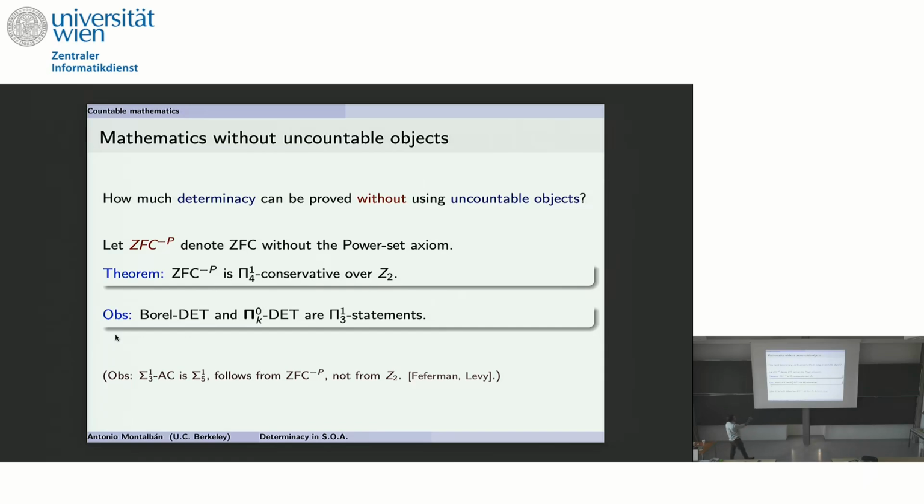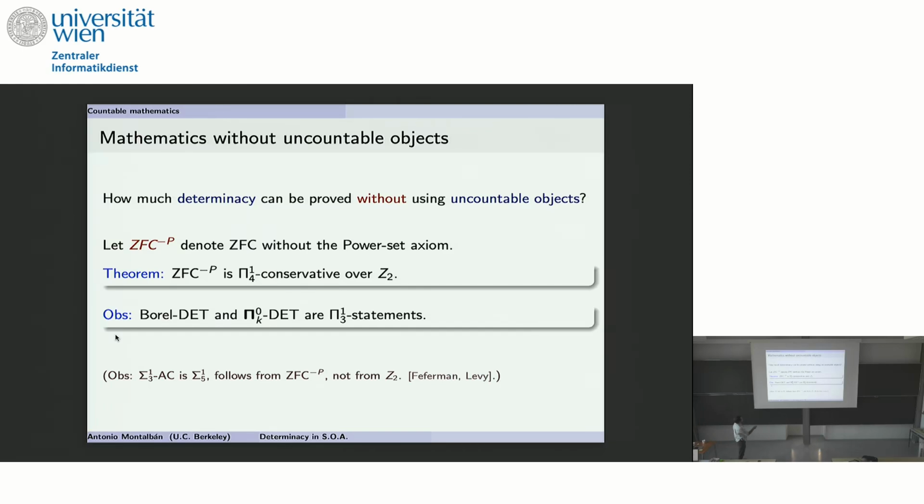And determinacy statements, I'm going to explain what they are exactly, since they are the main topic of the talk and it's good to have everybody on the same page. All these determinacy statements are Pi^1_3 statements. Most statements in mathematics are even below that. So essentially, ZFC without power set proves the same determinacy statements as second order arithmetic. So the question we're asking is how much determinacy you can prove within second order arithmetic.